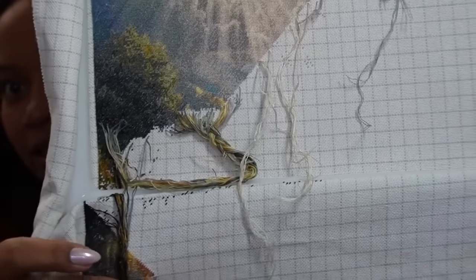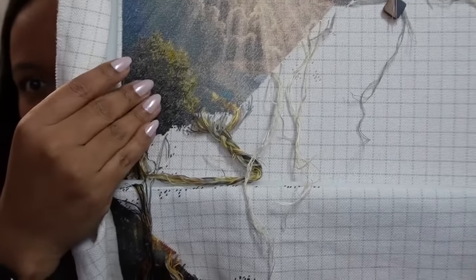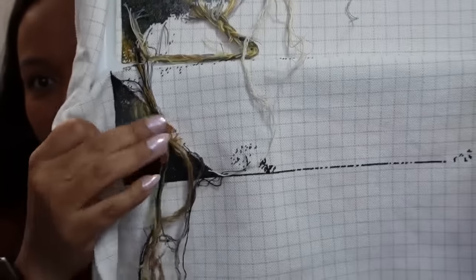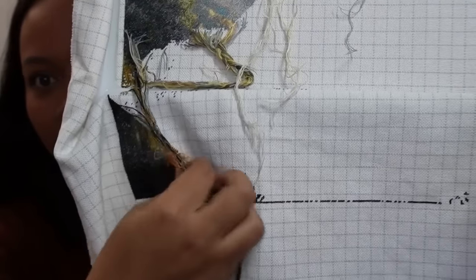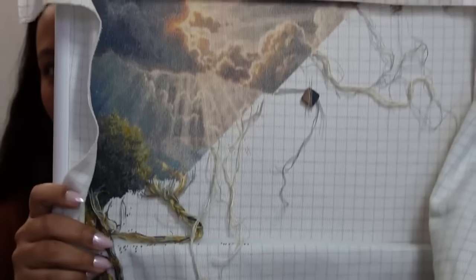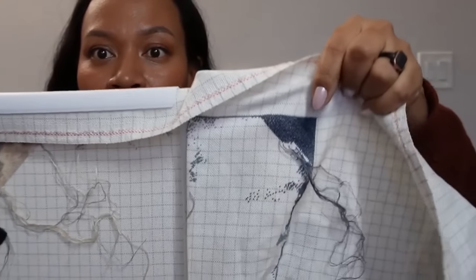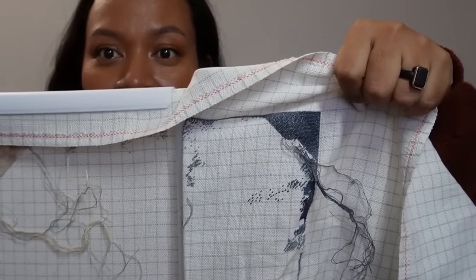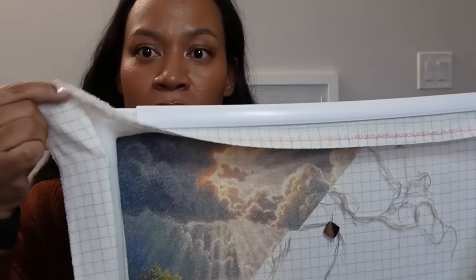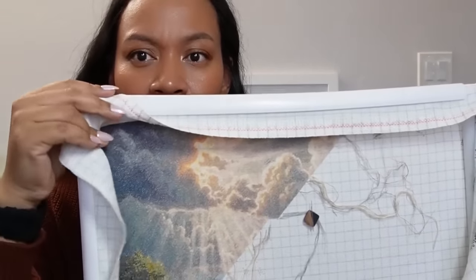And this is the one where I kind of realized where I like to start. When I got tired of doing the diagonal here, I went down here to start in the corner and noticed that I don't like going in that direction. Then I went to the right corner and noticed that I don't like doing it in that direction. So I'm definitely a left-hand corner starter. I'm also left-handed, so I don't know if that's a reason, but